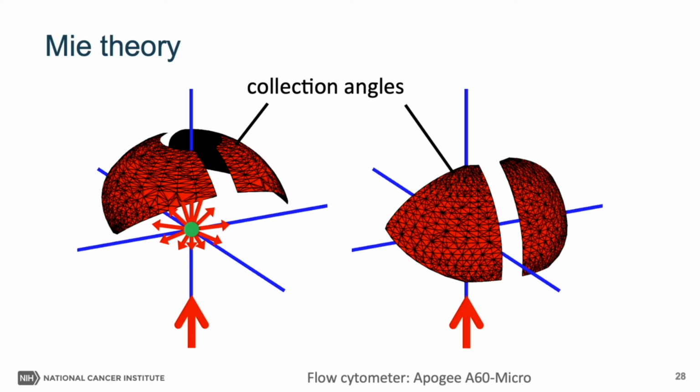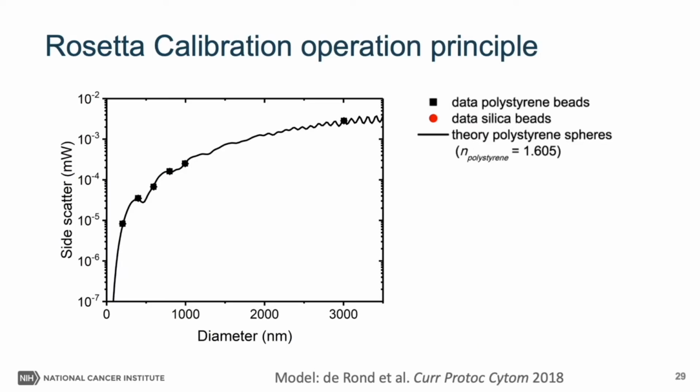As an example, you can see here the collection angles of a forward scatter and side scatter detector in an Apogee flow cytometer. After measuring the beads and after applying theory, we get the scatter to diameter relationship. As you can see, the theory describes the data well, at least for polystyrene beads, which have a refractive index